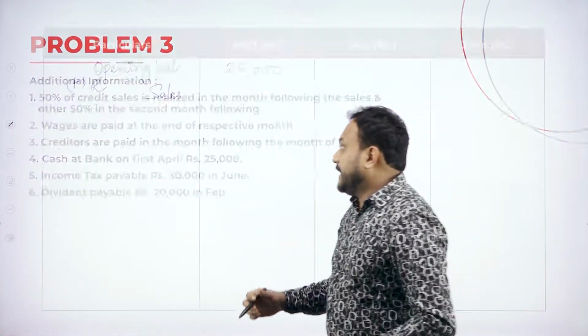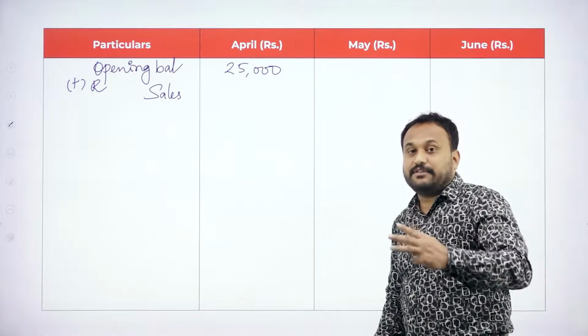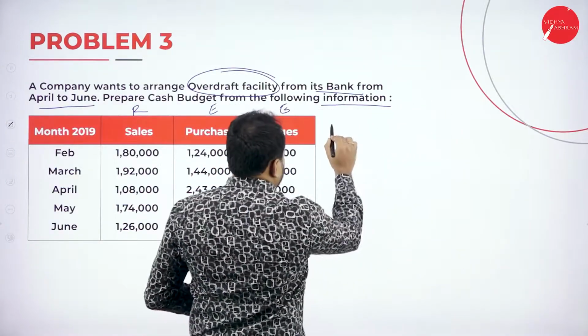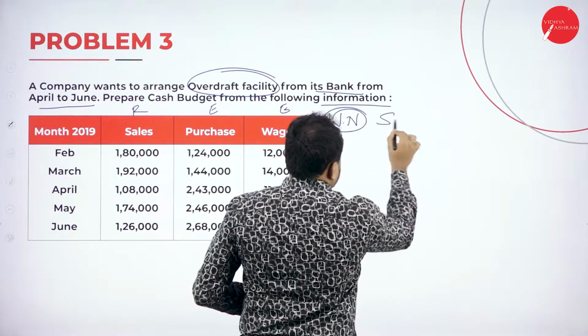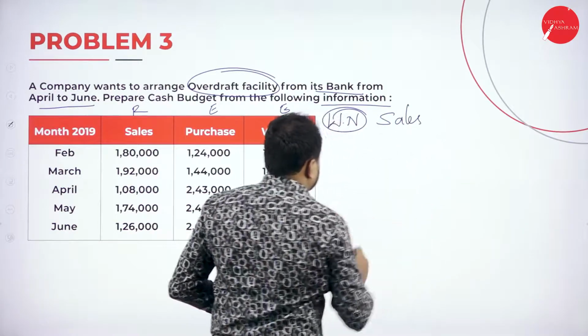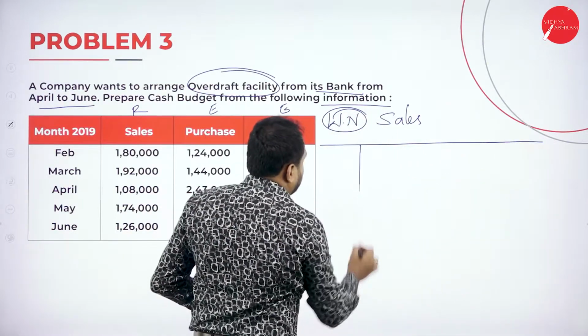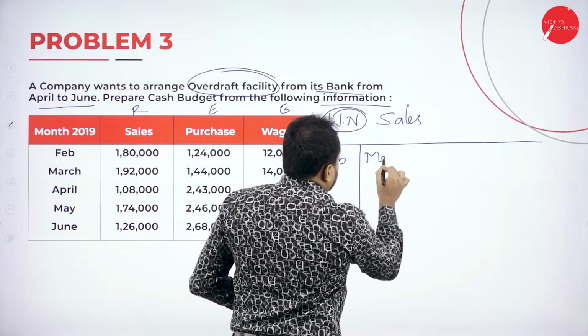The sales entry, what we will write here: April, May, June, only those 3 we are supposed to calculate. Let's go with the sales. Here only I'll do the working note. This is the first working note for sales. So for that, you prepare like this. Here we'll write Feb, then March,